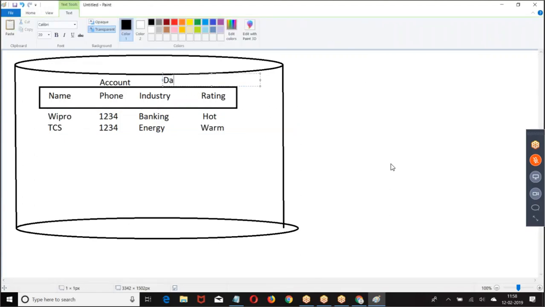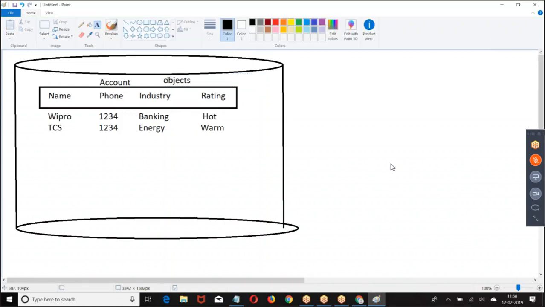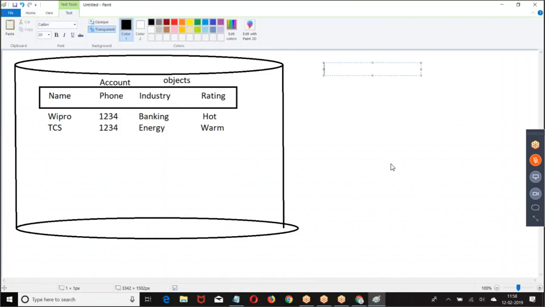In the database, we call this an object. Here, what is EMP? It is also called an object. Now when I say object, are you discussing the table in the database or an instance of a class? Now there is a confusion here.